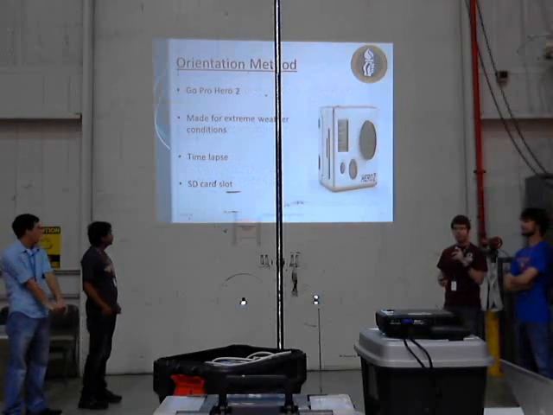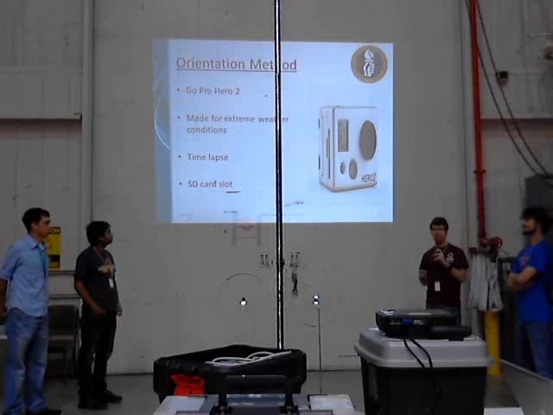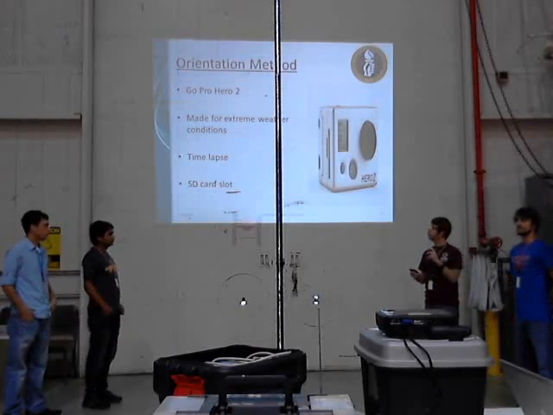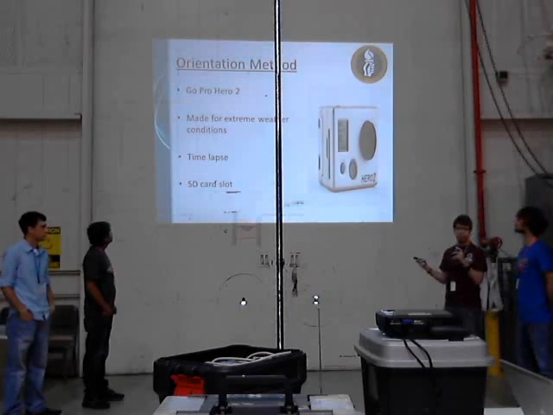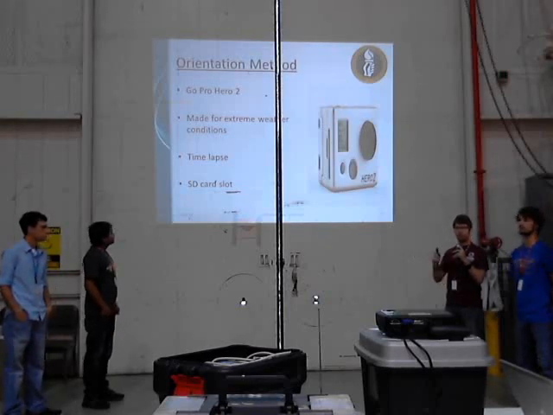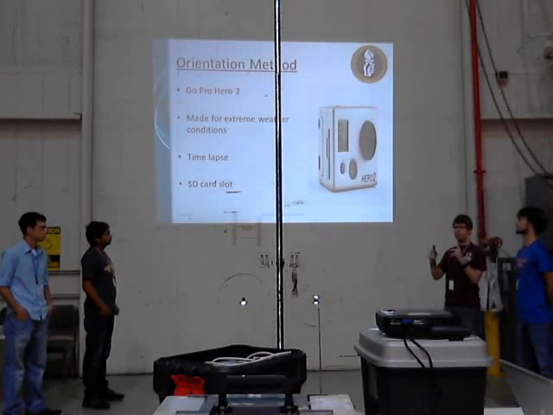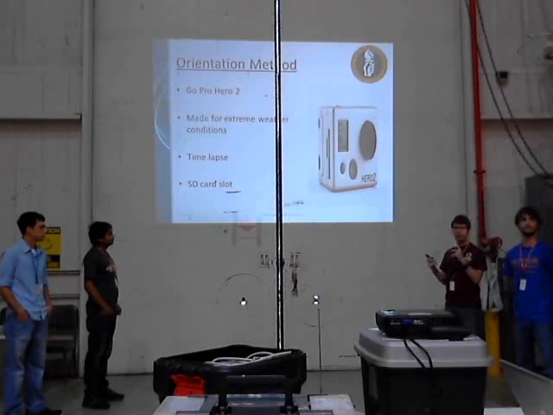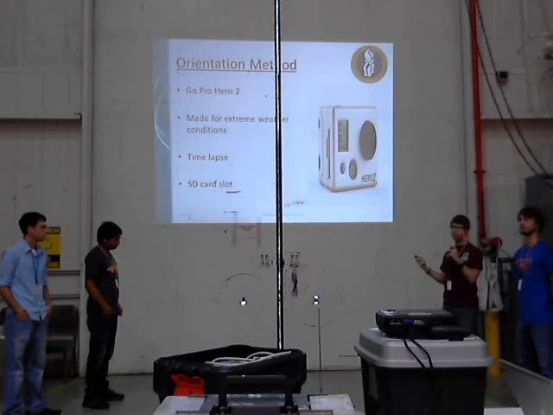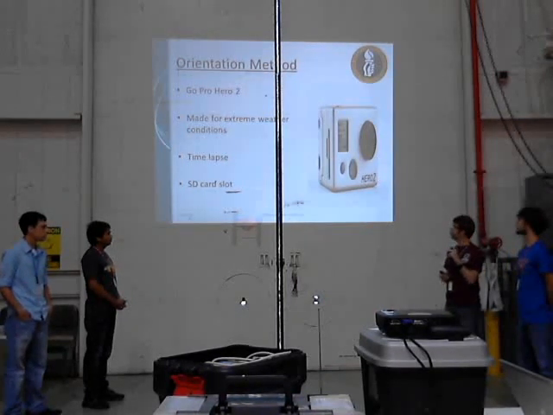Now, with the ultraviolet radiation sensors, the relative output is based off the angle of the sun. So to find the angle of the sun, we decided to use a GoPro Hero 2 camera to take a picture of a rod on a translucent material so that it will be able to cast a shadow. We'll be taking pictures of that shadow, and using computer vision, we'll be able to find the angle that's required. Using that angle, we'll be able to find the exact irradiance values for our sensors.